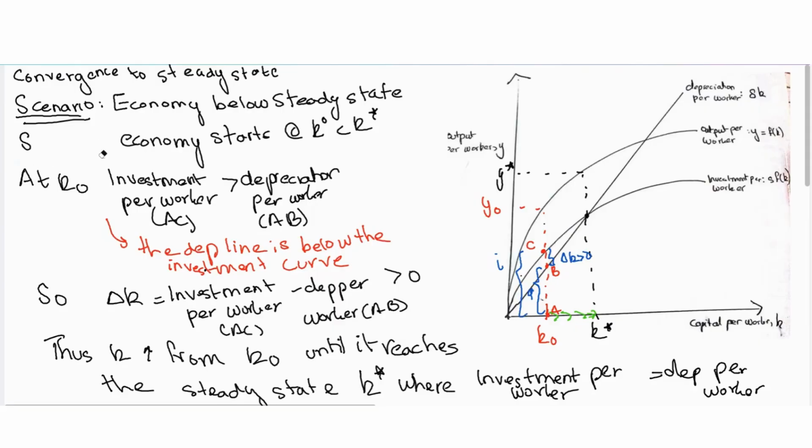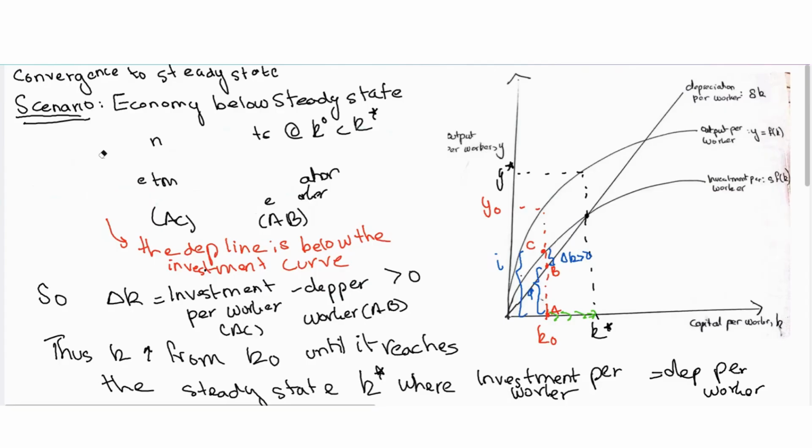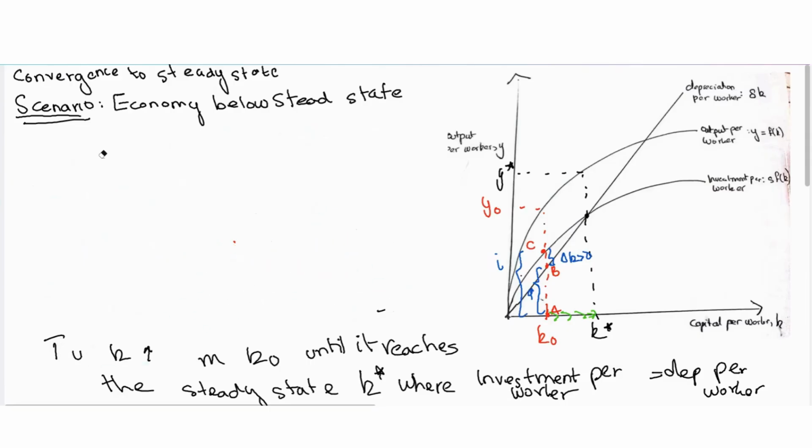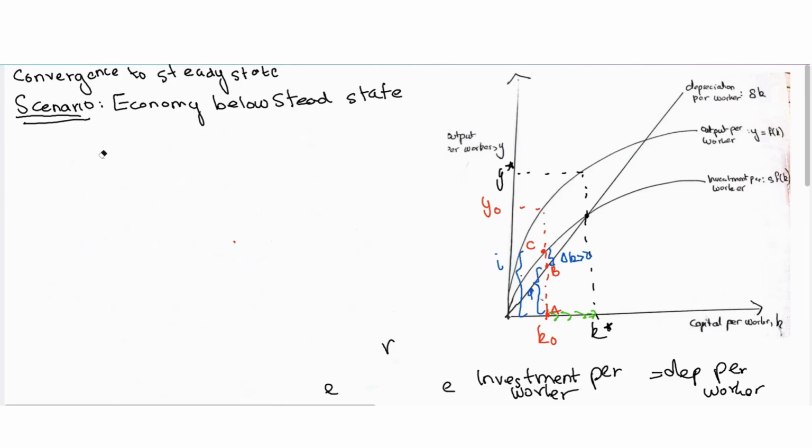So let's erase this first. Now we want to see the movement in Y also, because when you start at K naught, the associated Y is Y naught, which is less than the steady state value Y star. We've seen the movement in K and why that's happening. Let's see the movement in Y now, the output per worker. So the idea is this here,